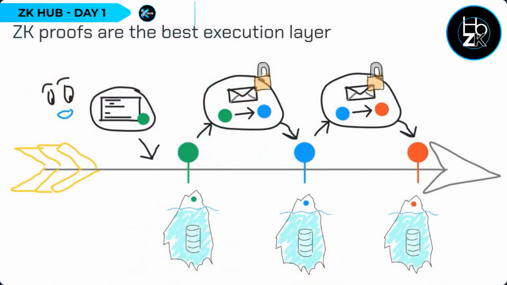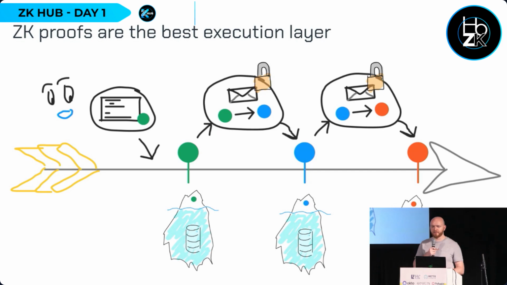Our take is basically that ZK proofs are the best execution layer. This quirky graph is basically showing that with ZK proofs, you can do state transitions. You just change the state commitment every time. It works great. You have infinite scalability. And you have much more flexibility in the kind of applications you can write. I'm not going to be talking about privacy, but that's one of the things that's possible, obviously, if you're not doing validity proofs, but proper ZK proofs.